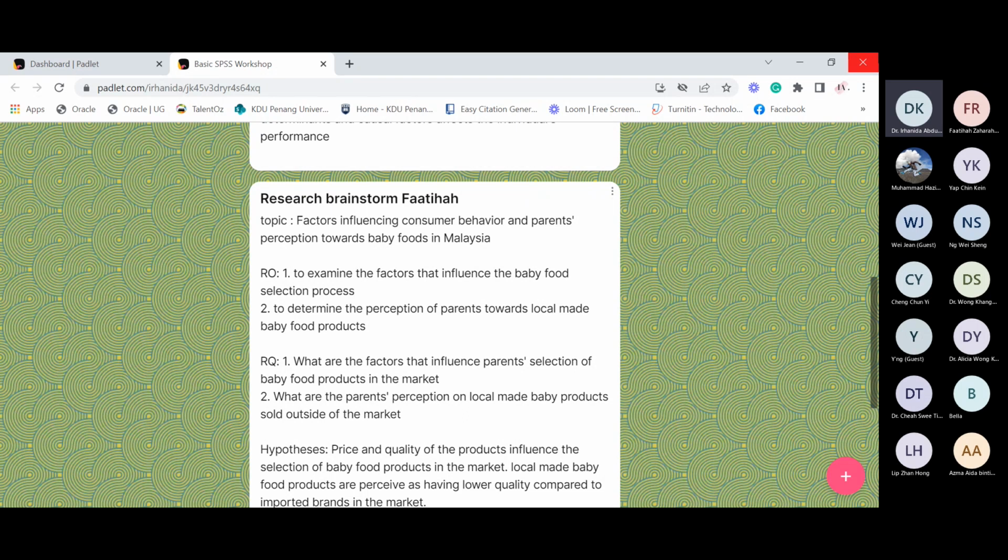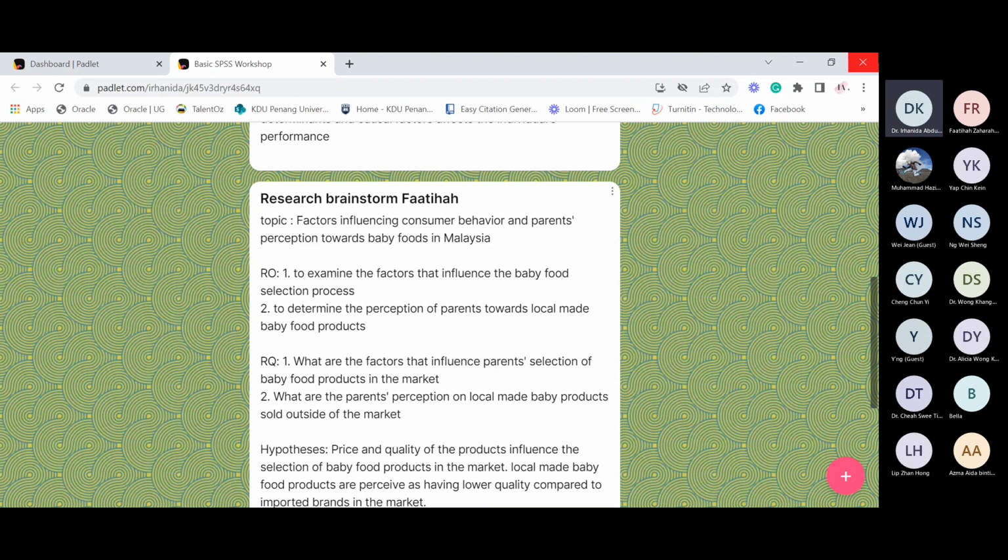The thing that doesn't change over here is baby food. But the one that changes is the perception. Perception changes based on what we eat, based on what we see. So over here it is very clear. The thing that does not change is baby food, so that is independent. The variable that changes is perception.